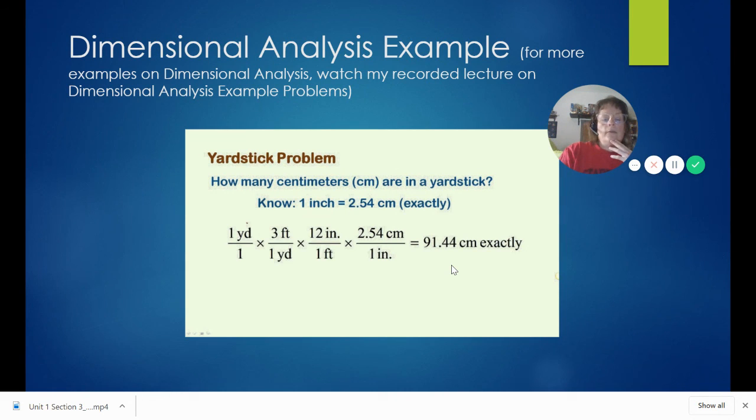Again, dimensional analysis is where you're trying to cancel out those units you don't want and only leave the units that you do want. Okay, so if you still have questions about the factor label method, again, you can go look at my short video on some additional examples on